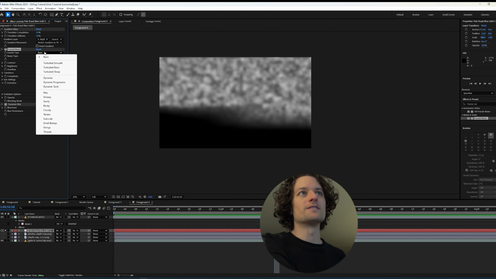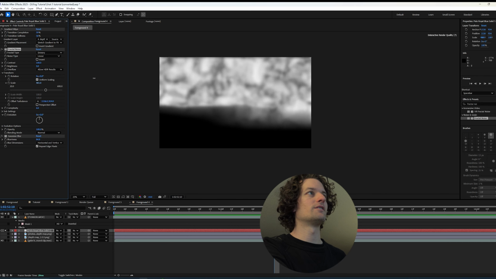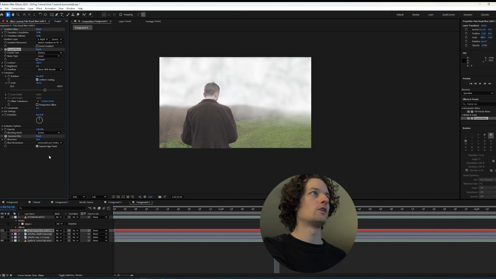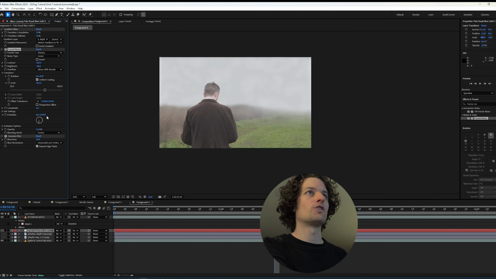And you can mess with these settings however you want. Let's try smeary, the linear. Maybe turn the scale up a lot so it looks more fog-like. And that doesn't look great, but we change the blending mode here. Turn the brightness down. But definitely mess with the brightness and the contrast. But it's just kind of nice that it breaks it up a little bit, and you could also keyframe this evolution slider, and now suddenly you can create a slow bit of dynamic movement in the fog, which is pretty